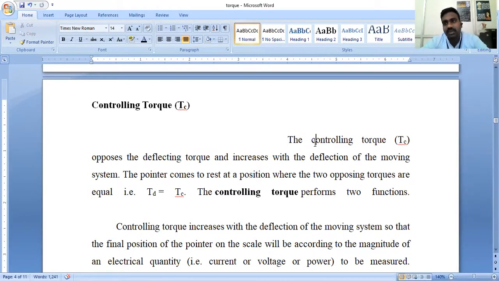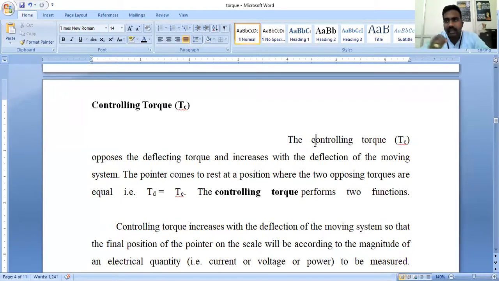How is this happening in the lab? If it is a healthy working meter and we connect it into the line, if 5 ampere current is flowing in the line, the needle has to read from 0 ampere to 5 ampere, and it has to stop there. If 10 volts is applied in the line, the needle has to read from 0 volts to 10 volts, and it has to stop there.